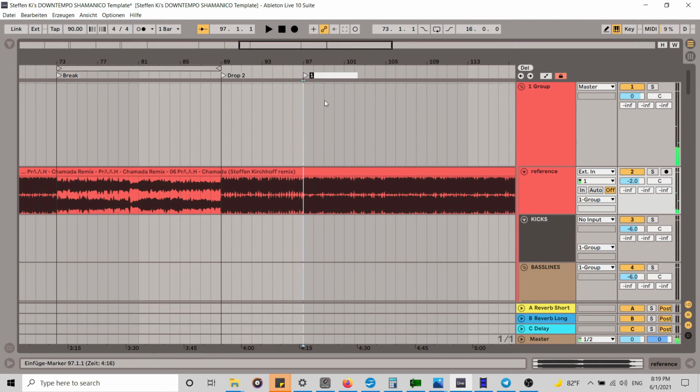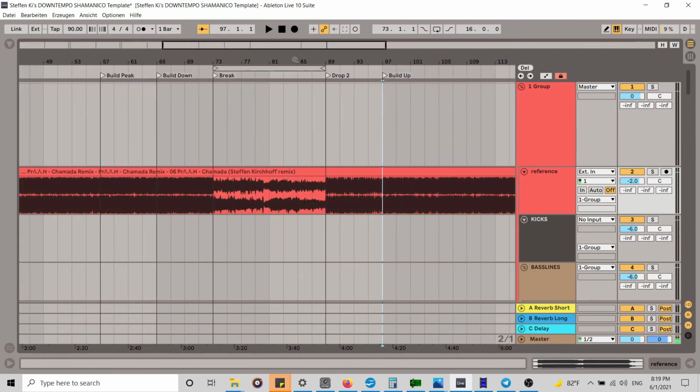Here we start building again, and let's just go back to the break for a moment. For me, I love the break. I'm surprised that it's so short here, but usually, going back to the idea of the ceremony, this is really the part where you can create a lot of atmosphere, work with effect sounds, work with textures. This is a part of the track where there's a lot of space in terms of the frequency spectrum, because the kick is not there,